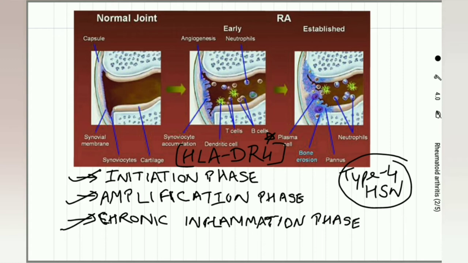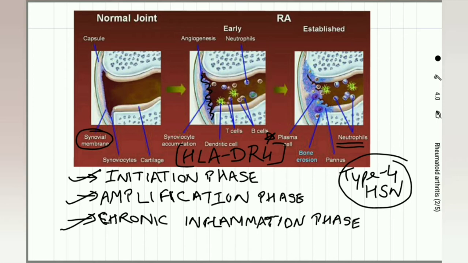And note here the initial site of disease is the synovial membrane. You can see in the diagram, there is a synovial membrane which is affected mostly in the articular part of the joint. In this, infiltration of T cells, macrophages and neutrophils occurs, which causes damage and deformity in the joints. So in the initiation phase we have non-specific inflammation, and then next we have the